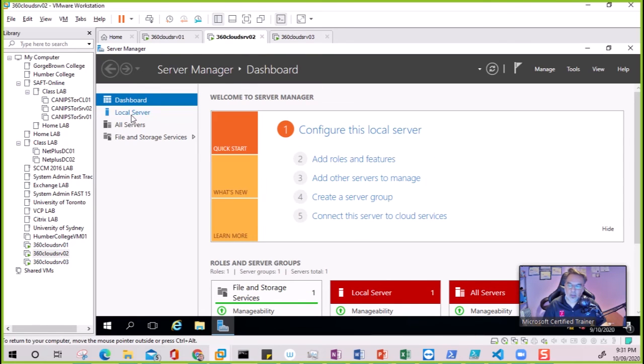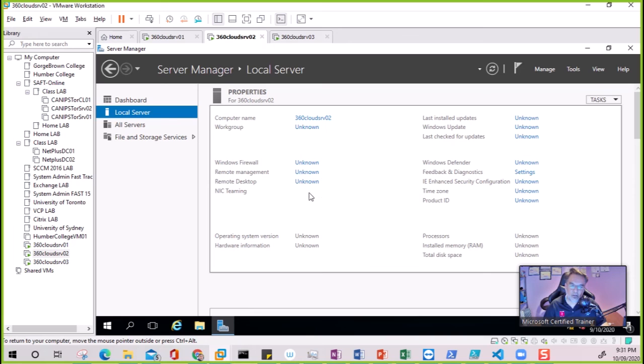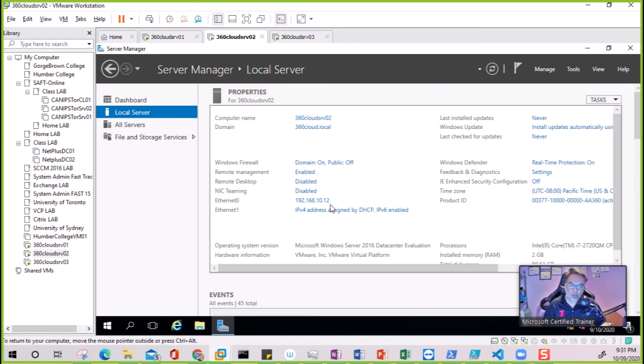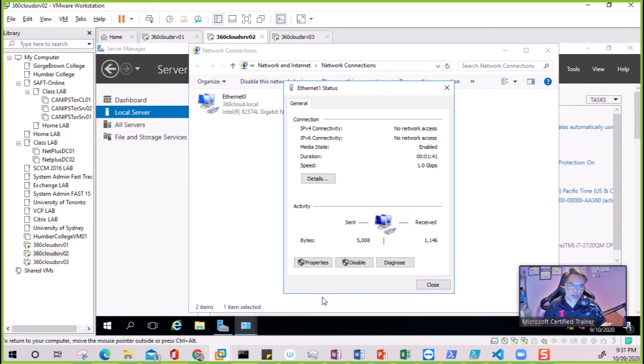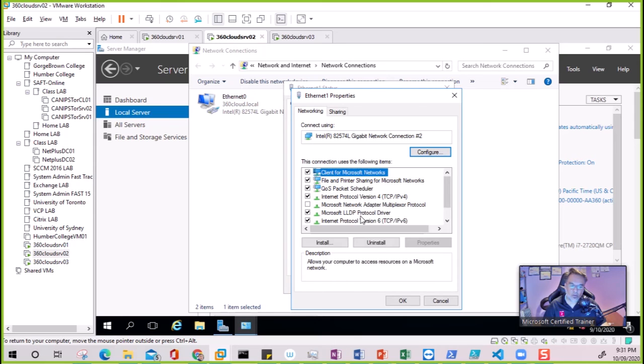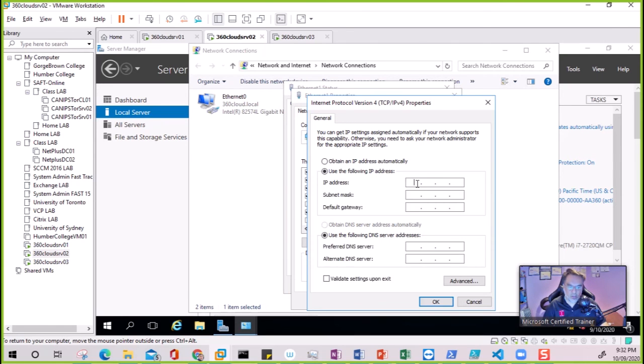So on this one, I need to go into local server. Remember that I've added the second network card. I just need to set up the IP address, and here you can see it is part of that domain. So this is the second network card, and in this card I am going to disable IPv6, and here we need to set up